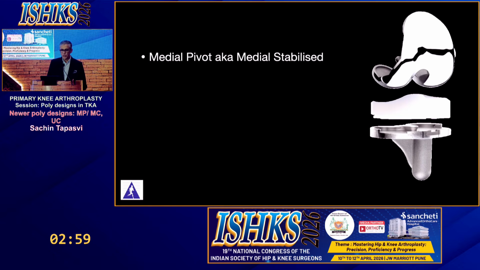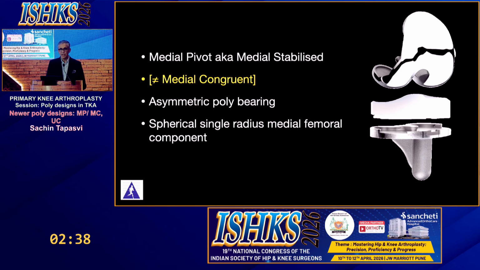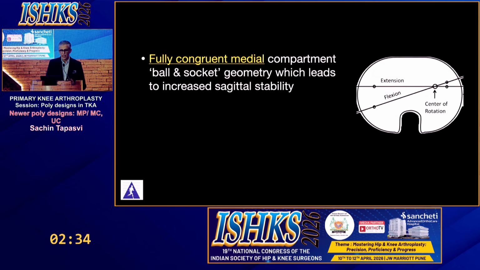We come to the next one, which is the medial pivot. And the medial pivot is the same as a medial stabilized. It is not the same as a medial congruent. So the MP equals the MS, and both of them are different from the MC, which is what we need to differentiate. The medial pivot has an asymmetric polybearing. The medial side is a spherical single radius medial femoral component, and you have a fully congruent medial compartment with